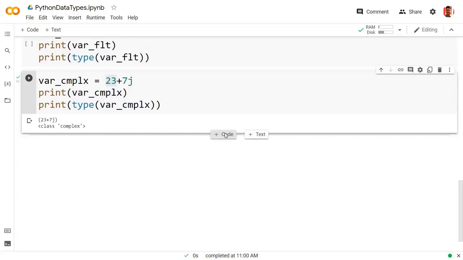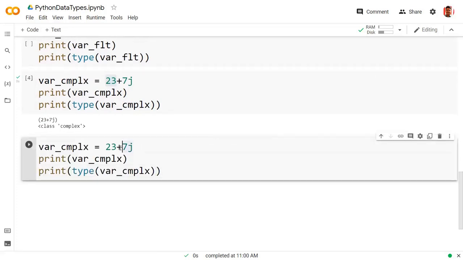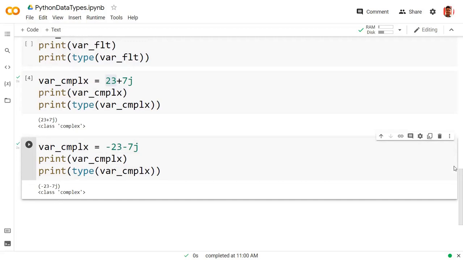The same thing can also be seen as a negative one, which is also possible, and see this particular output right here.